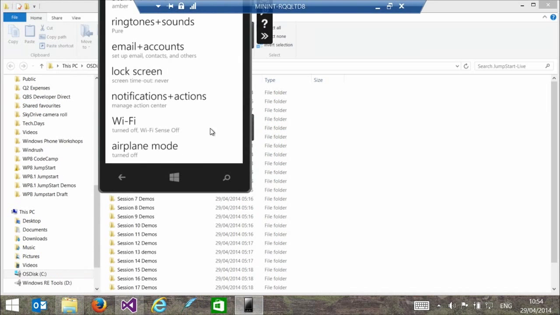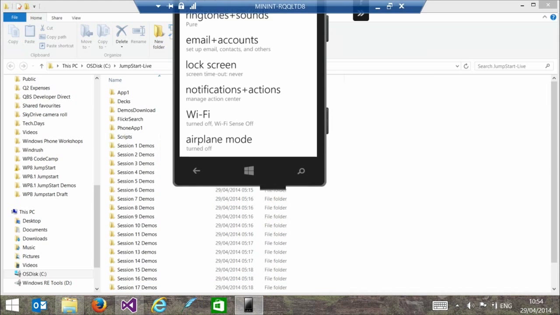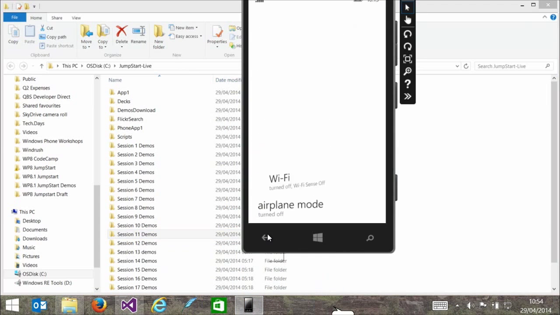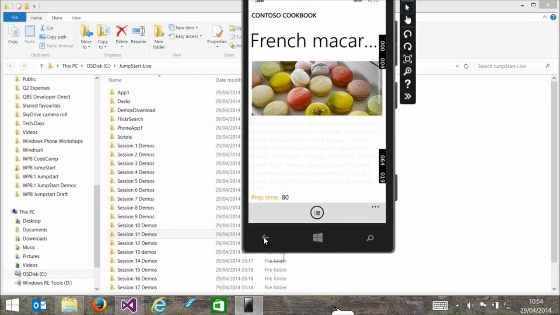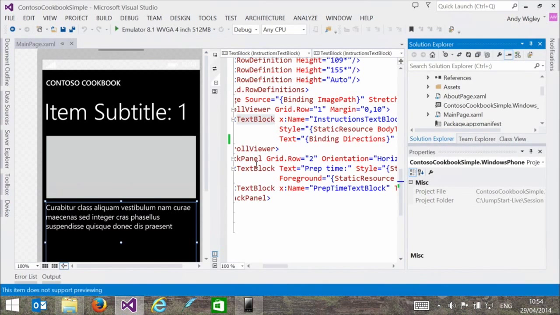I've got weirdness happening here. Oh, right, it's because I'm trying to use touch and mouse at the same time. Okay, there we go. We're going back to our app. And look, it's just visible if you peer closely, but this is essentially the problem if you set explicit colors. So that is clearly not a good idea, which is why you don't want to do that.